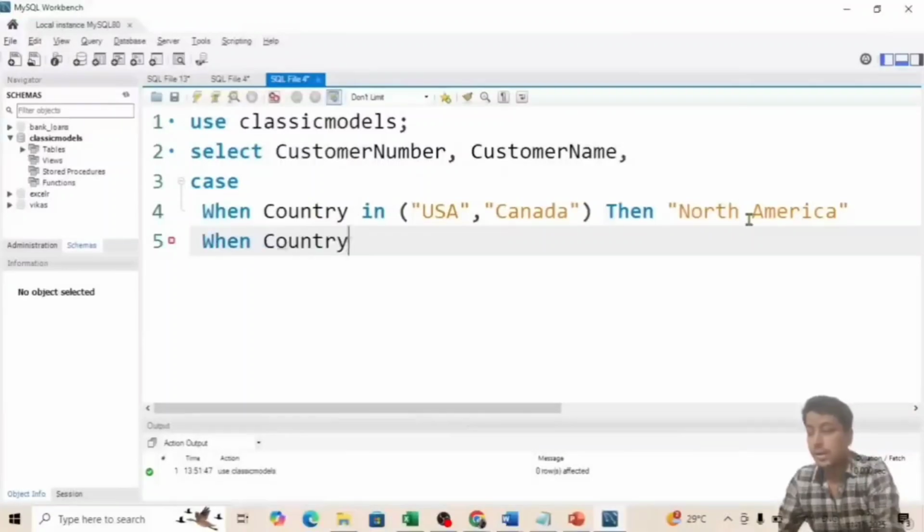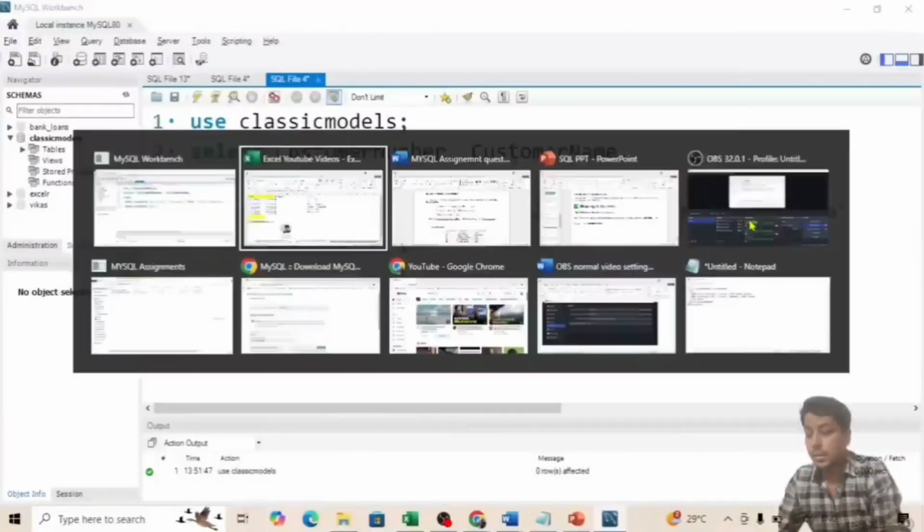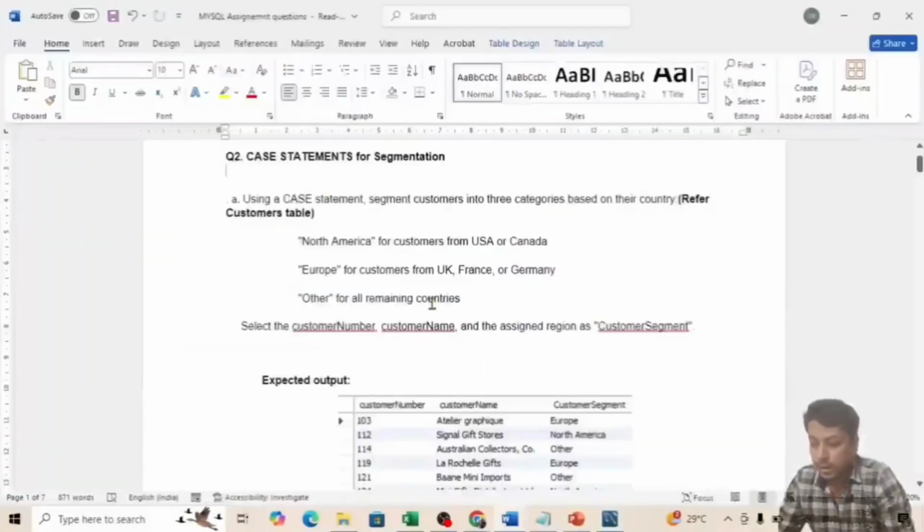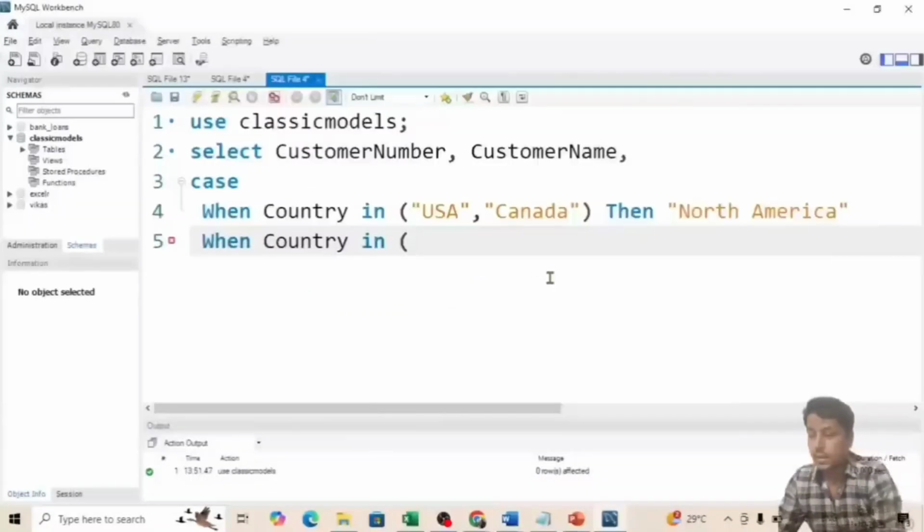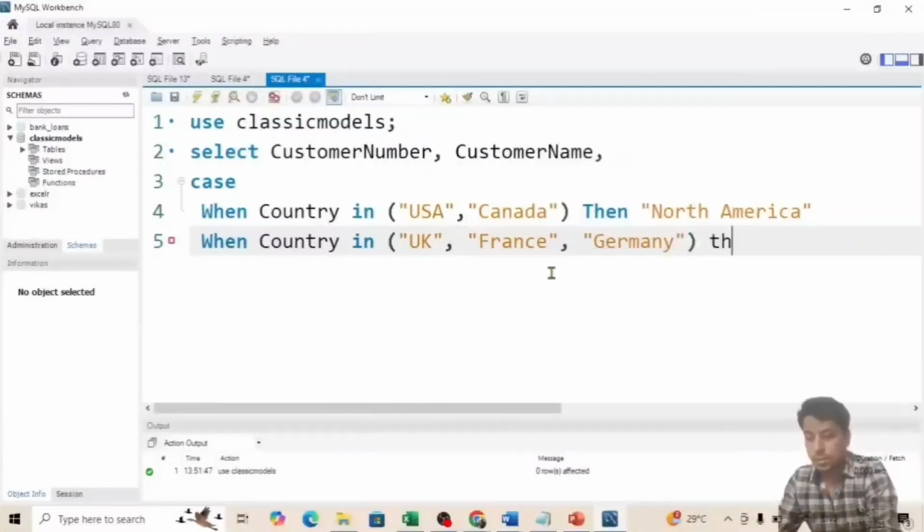Next statement, when country in UK, France, Germany, then Europe.